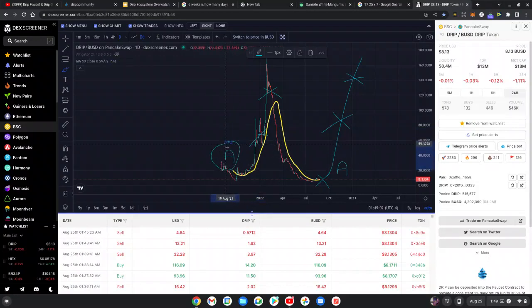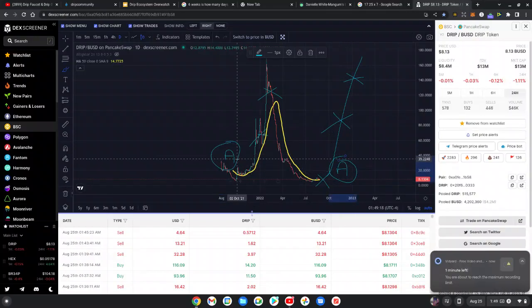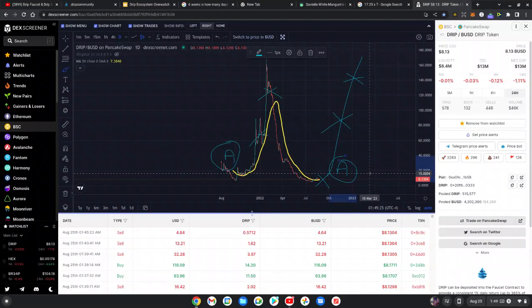This is when I should have bought it, when I first saw it, when it was $20 or $18 or $17, something like that. When I first saw it, that's when I should have bought it. This is the accumulation phase for this next run up. So come the first week of October, when he opens up the farms and the pools, that's when it's going to start running up. It's going to start running up in October.